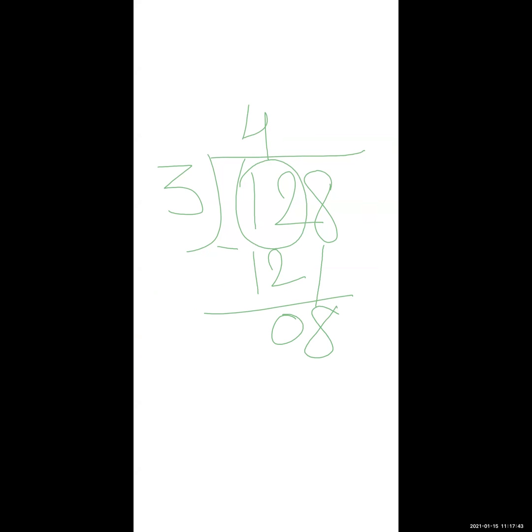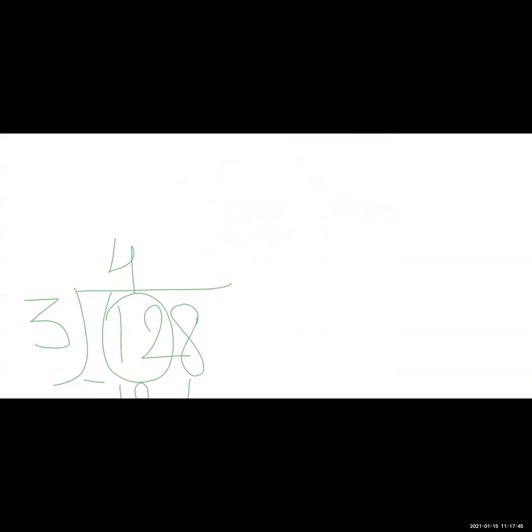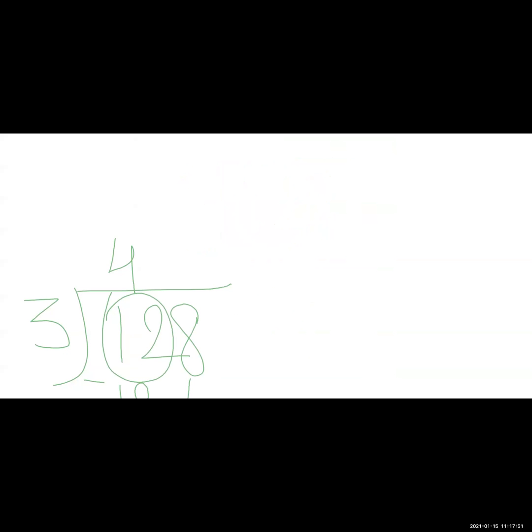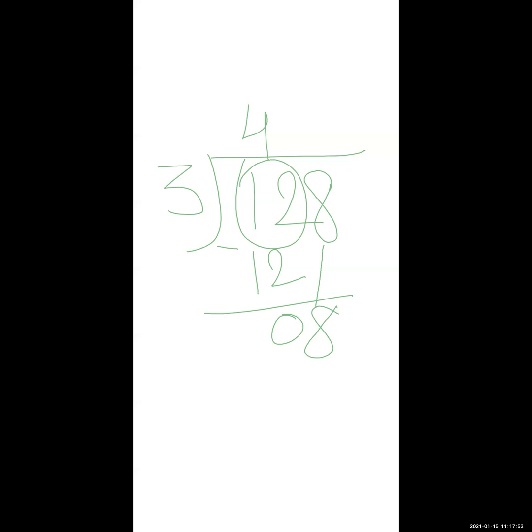In the table of 3, is 8 there? Yes, tell me, student, is 8 in the table of 3? No. So learn the table. Say the table from your side. Which number will come here now? If the same number is not there, you want to take out the smaller number. So which number will come?